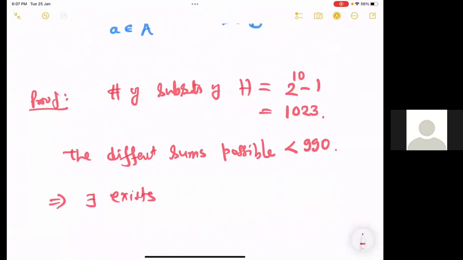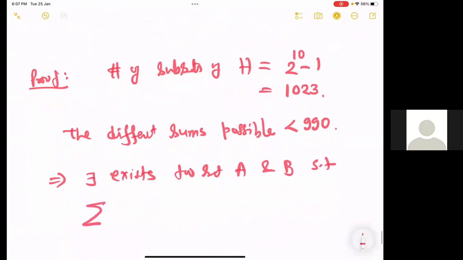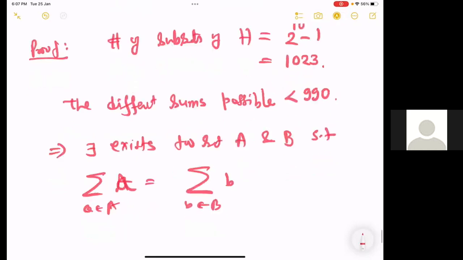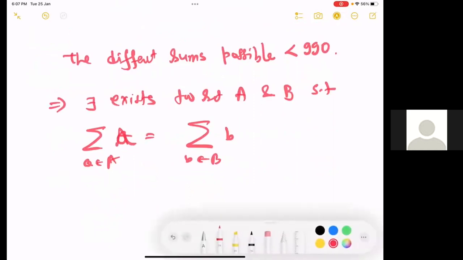Yes. Now, as Ayan and Rohan said, remove